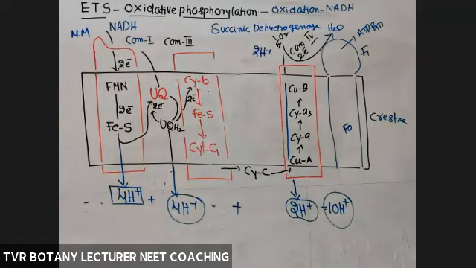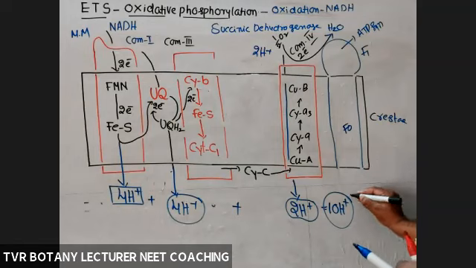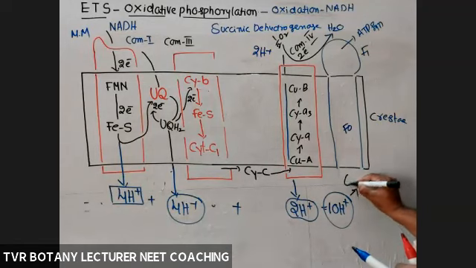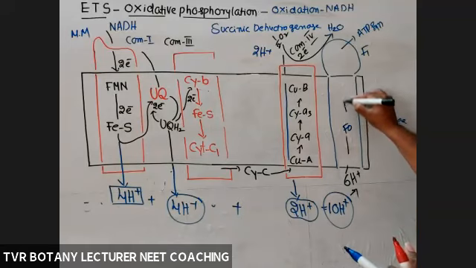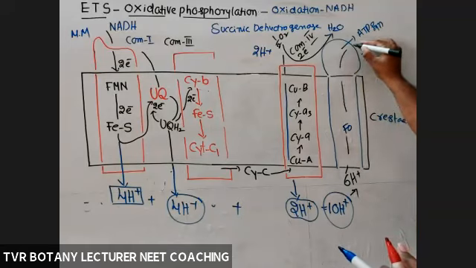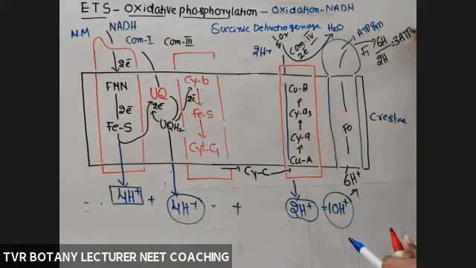Okay, so now according to Peter Mitchell's chemiosmotic mechanism, follow this one only. Out of 10, how many are involved? Very, very important. Out of 10, only 6H+ pass through this one. The ATP synthase complex is well known to you. 6H+ divided by 2H+ accounts for how many ATP molecules? 3 ATP molecules.